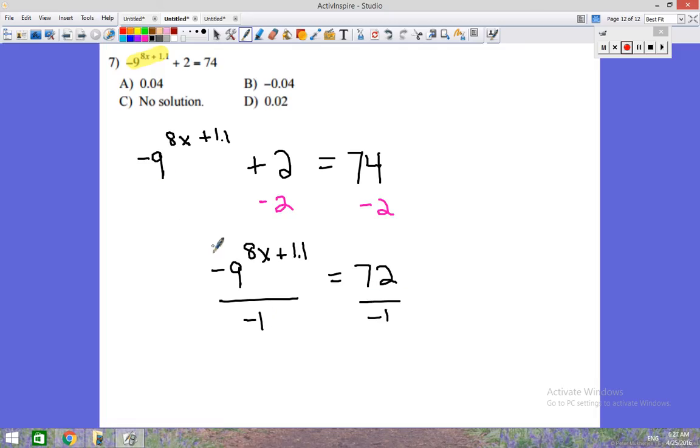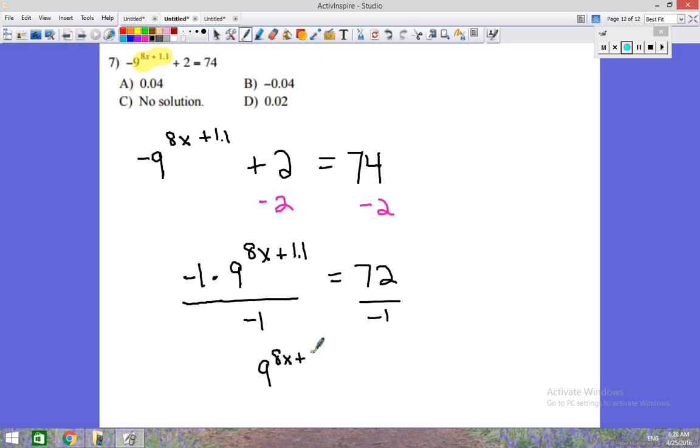Because really what I'm doing here, maybe people need to see this, I can treat that negative sign as a negative 1 times that, right? So when I say that we were wanting to get this base by itself, maybe I should correct that and say that I wanted to get that, not include that negative sign. Here, when we divide, negative divided by negative is positive,